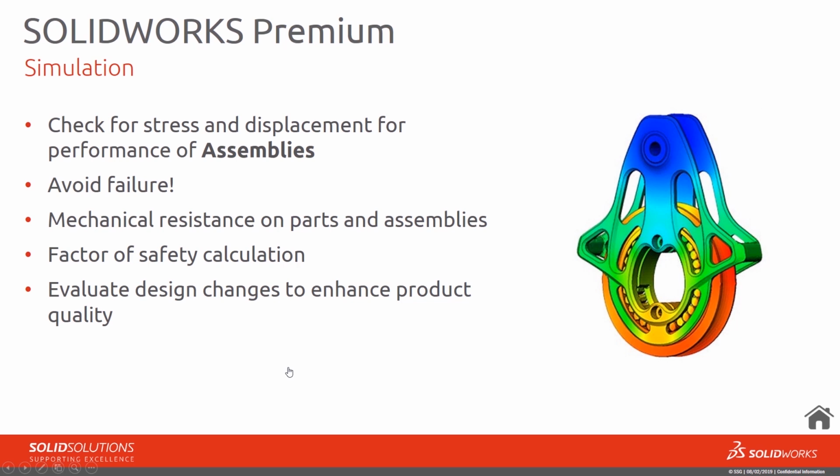Now you'll know already that in the standard package of SolidWorks, we've got the great tool that allows the designers the power to do the kind of, what if I change the material, what if I change some of the geometry, what does that do to my part? Because in standard SolidWorks, we can do a stress test on a single component, a single body. Whereas in SolidWorks Premium, we can actually do that on an entire assembly. So you can see here this graphic just showing you that we've got an entire assembly that's being evaluated there, not just a single component.